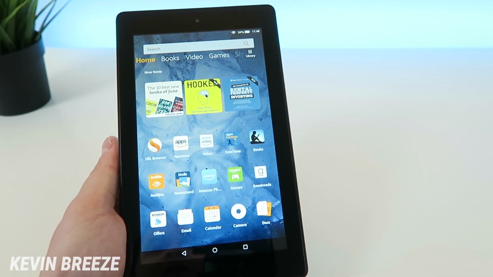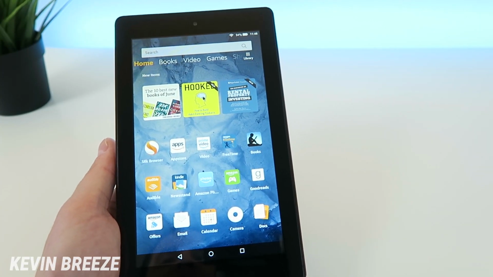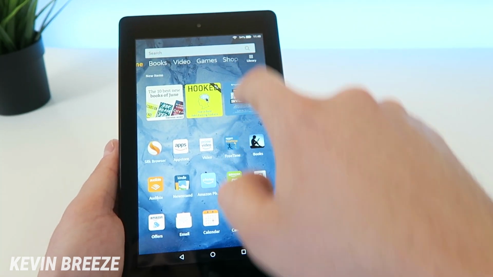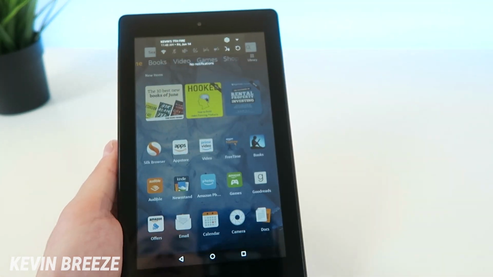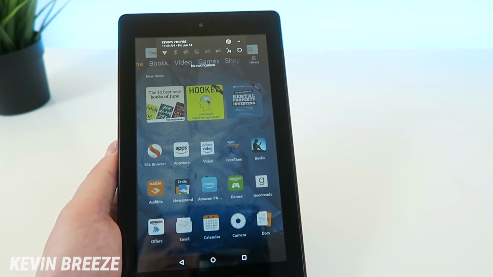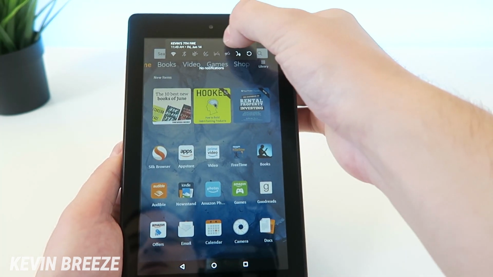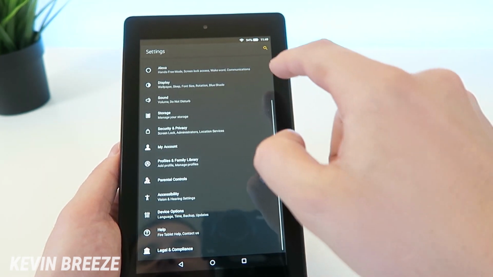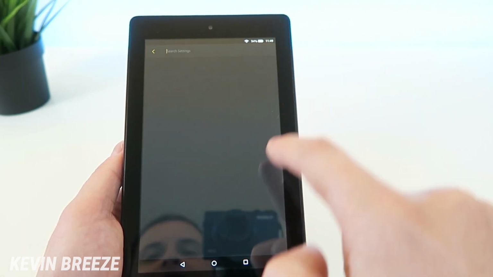And for the final trick here, I'm going to show you how to rename your tablet. So we're going to pull down the shade here and you'll see that it says Kevin's 7th Fire. Now I can't believe it. I've already bought 7 of these. Pretty amazing. So you can rename that by going to settings, going to the top here, type in name,